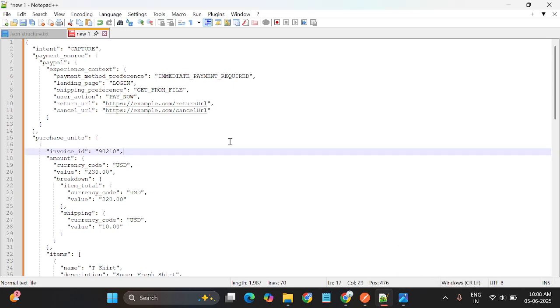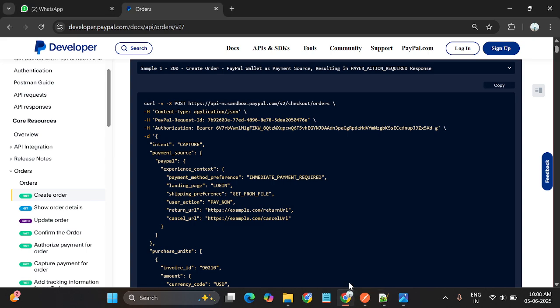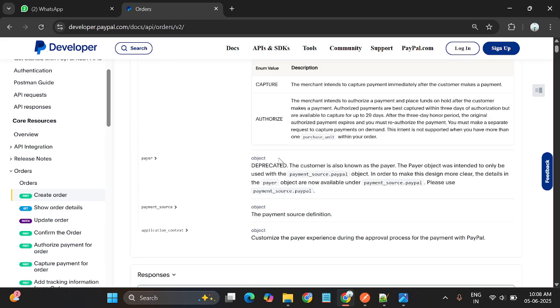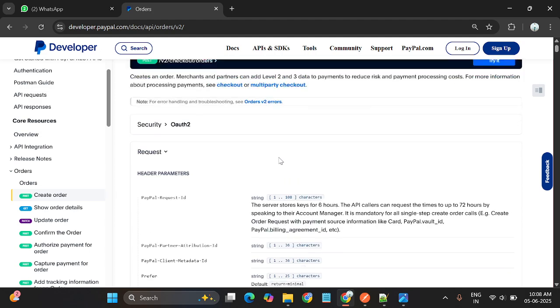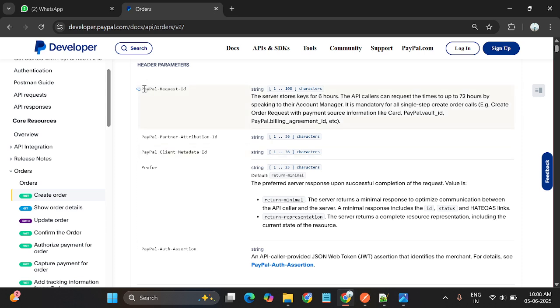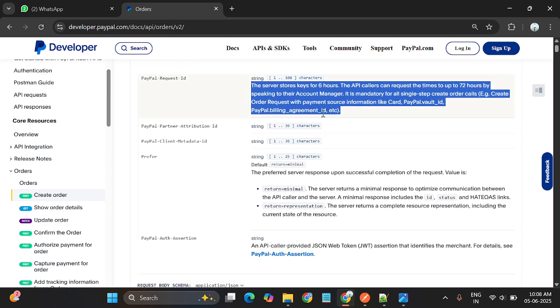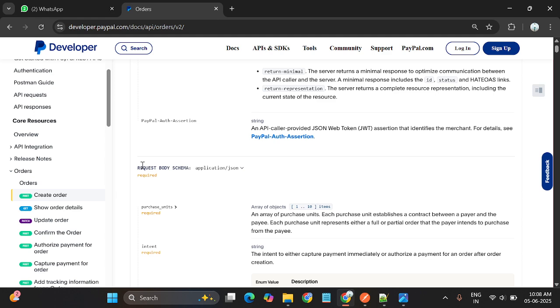Now, if we see again the description or field requirement here, this is the PayPal request ID. It's not showing as required here, but it's still mandatory for every create order because it comes under the header part. After that, in the request body schema,